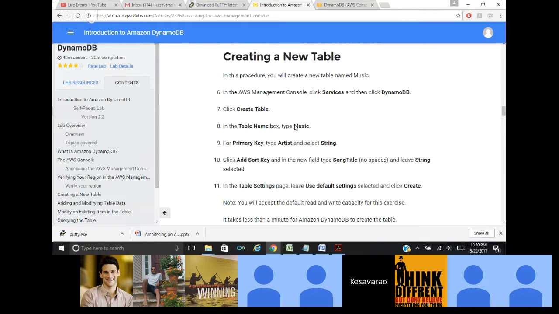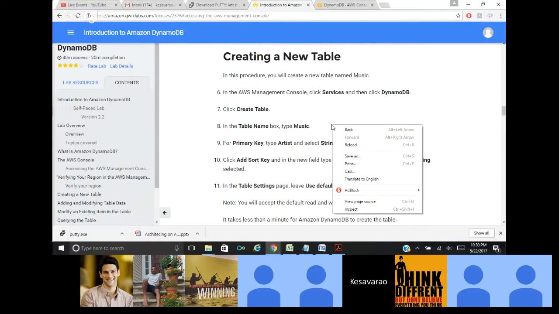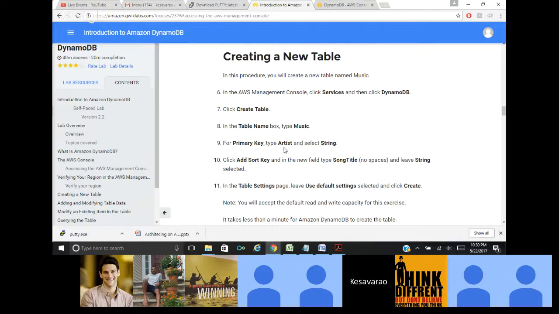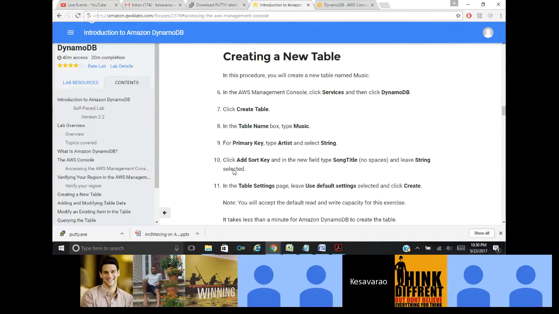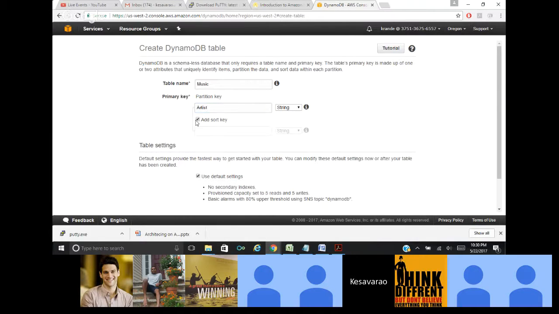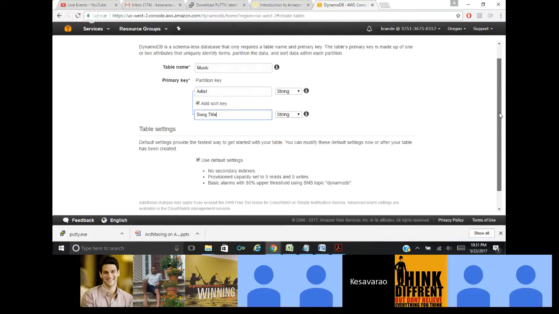Here I'm using the same, because that way you can see the same results and verify things are working. So just give the table name as music. Primary key is of type artist, and select string. I'll create the same. I'll say music, and this is artist, primary key, string. I think that's the same thing they maintain. Add a sort key in the new field, type song title. Leave string selected. Okay, so song title, type is string. So basically what you're creating is a table, and you're defining some basic keys, the sort key and partition key, things like that, which will create behind the scenes a metadata